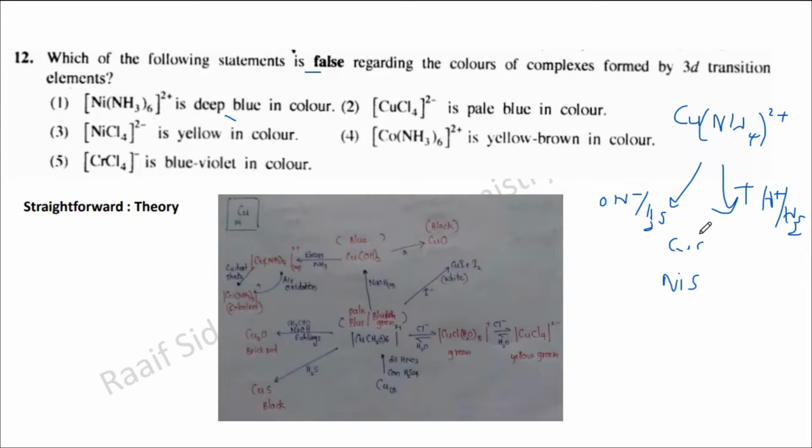So you can imagine what condition you should use. You have to use H+ and H2S, because then CuS will be precipitated and nickel sulfide will not. But if you use OH- and H2S, don't forget, copper sulfide can still be precipitated. Don't forget, because copper sulfide is precipitated at group 2, the statement that copper sulfide cannot be precipitated at group 4